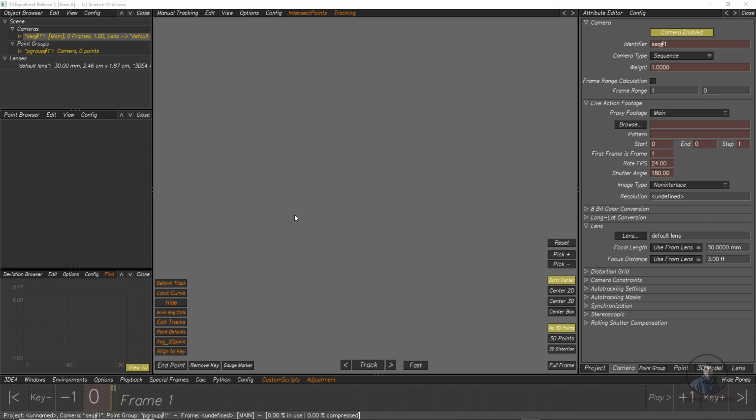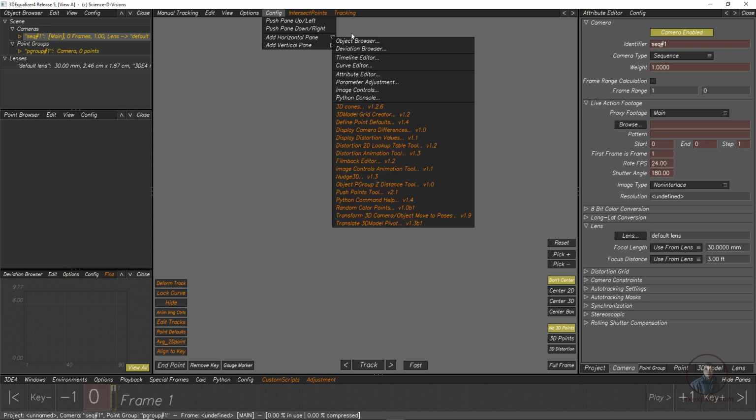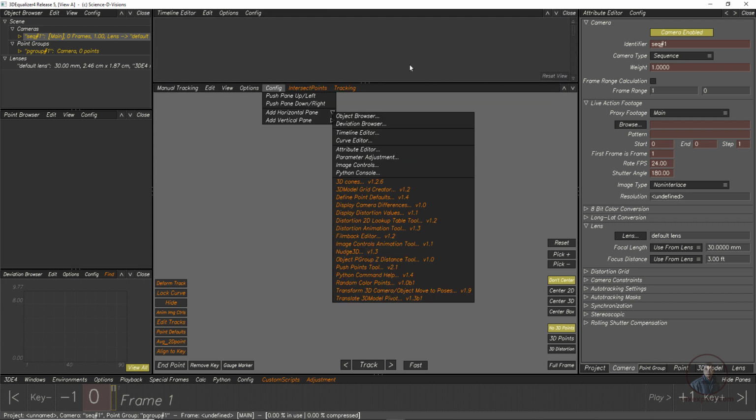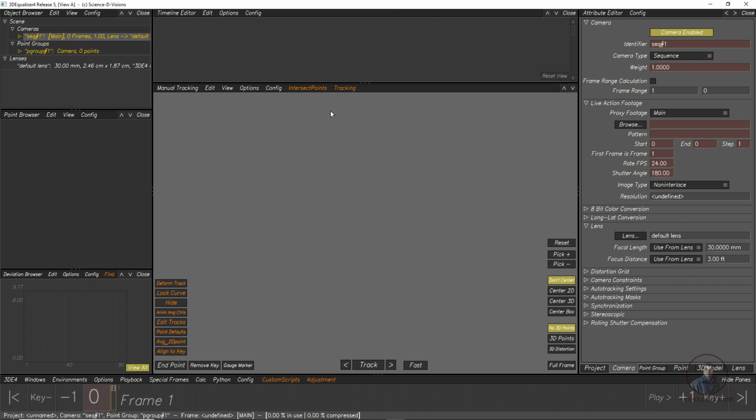Next, we are going to see how to customize this user interface if there is any requirement. First, if you want to add any extra windows, simply click on configure. Then you can add panels here, maybe horizontal or vertical. Suppose you want to add horizontal, then simply click. So these panels you can add here. Maybe if you want a timeline editor, simply click it here. This will automatically add it here. Like this, you can add multiple windows.